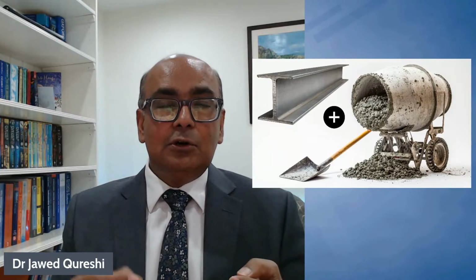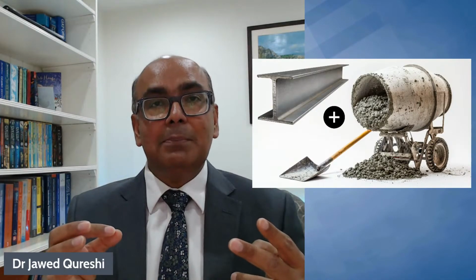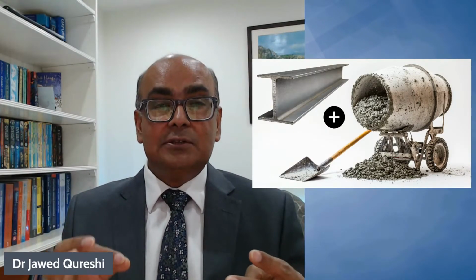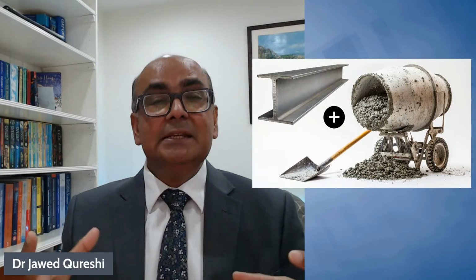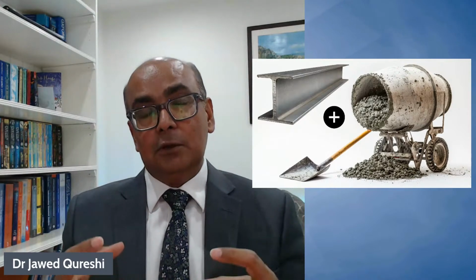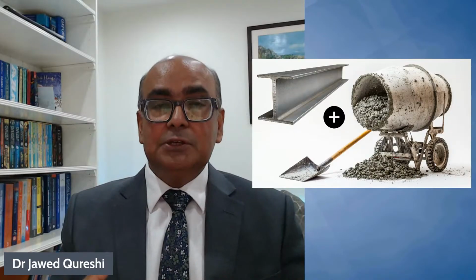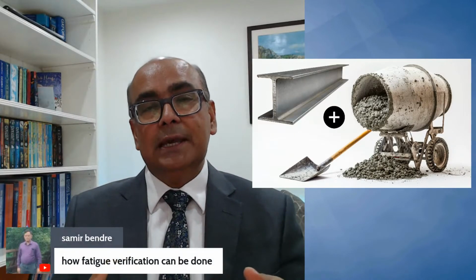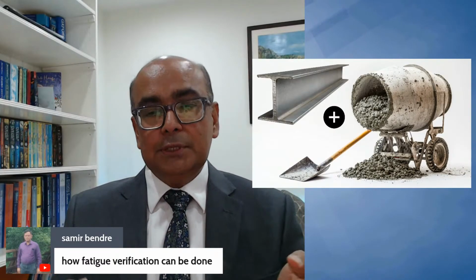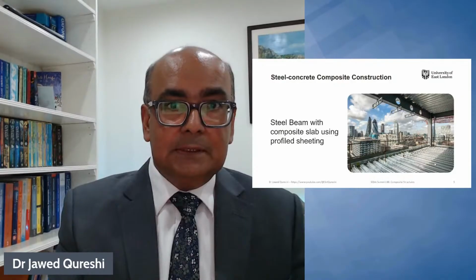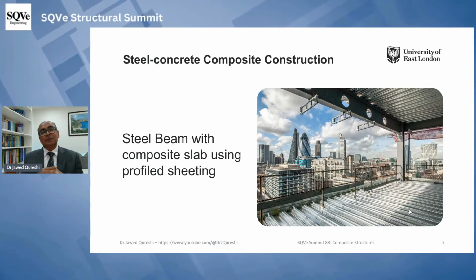But in the case of steel concrete composite structures, we have two materials, and here we are talking about structural steel. By structural steel, I mean I sections and tubular sections, and these are complete sections which are embedded with concrete. In that case, the dominant material is steel. So when the dominant material is steel, we call it a steel concrete composite structure. Now, why do we use steel concrete composite structures? And where do we use it? And when do we use it? First, why do we use it?